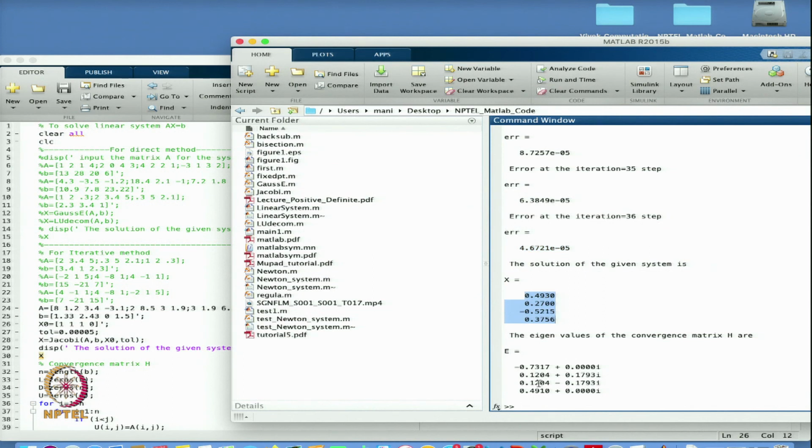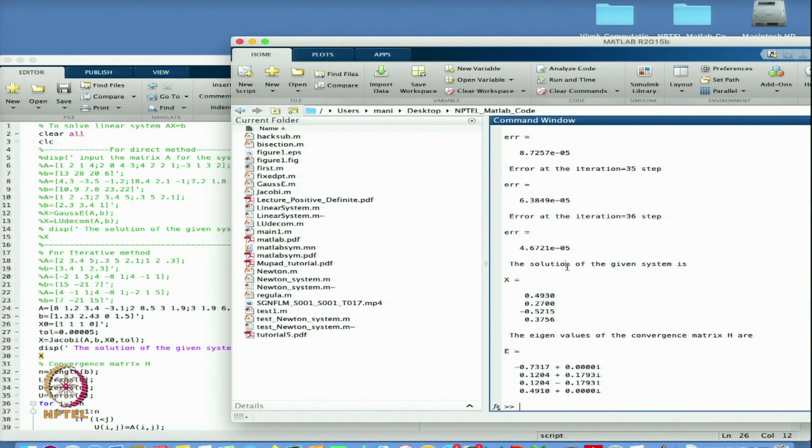Now, in this case all the eigenvalues are complex except, no, we are getting 2 eigenvalues real. So it is one eigenvalue this and the other eigenvalue this. And you can see from there that the largest eigenvalue in magnitude is this one and that value is coming less than 1.